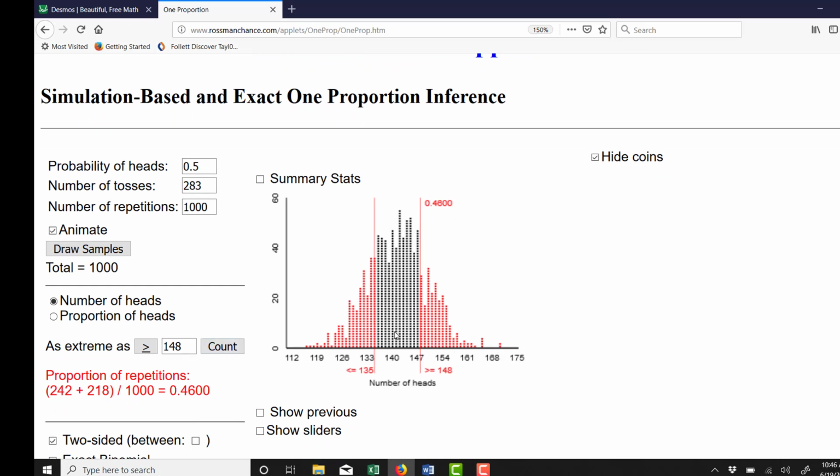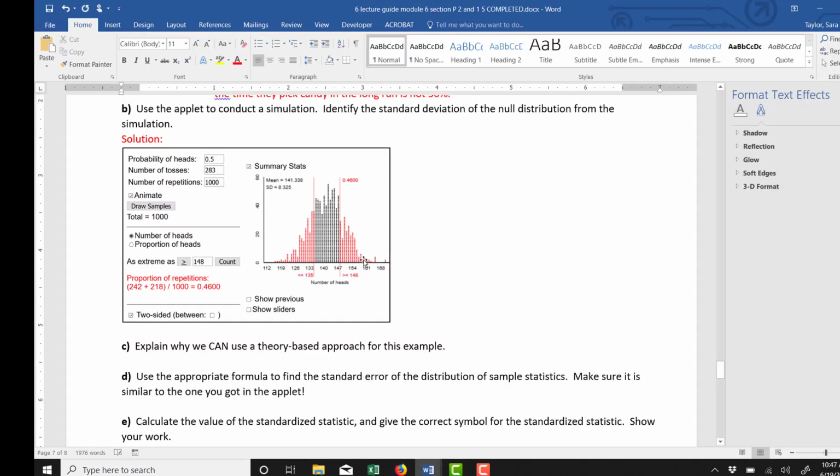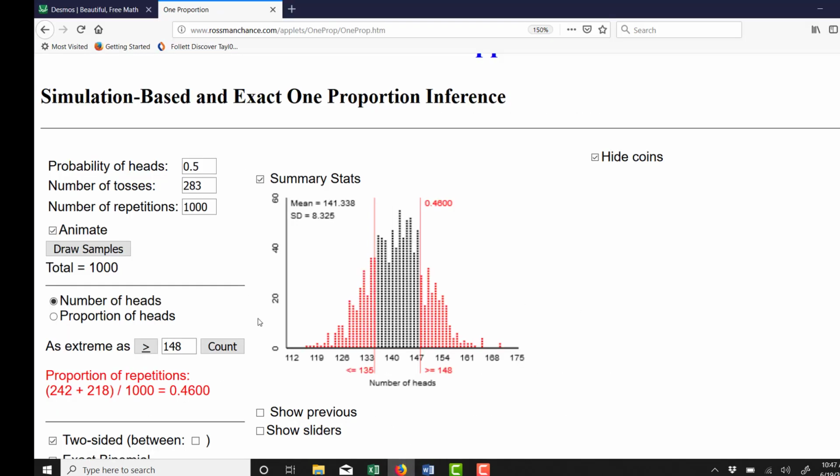Then it goes to the other side of the distribution and goes the equal distance away from the middle, which is 135 and lower. So I get a p-value of 0.46. It does ask me to go ahead and identify the standard deviation of this distribution as well. I'm going to copy it both in terms of the number of heads picture, which I've copied and pasted here. And then I'll also switch it to proportion of heads and make sure that I also get a picture of